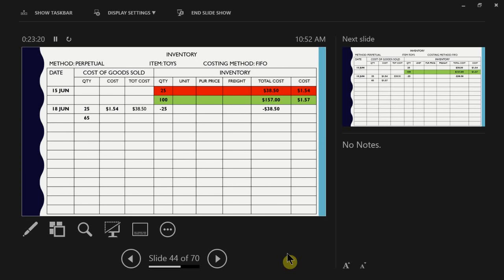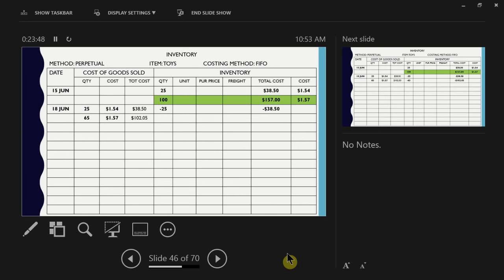And now all I'm left with is my green batch, which cost me $8.57. So I'm going to take that number and transfer it over here under my cost of goods sold, because I only had that batch left. That's the only one I have left. And I'm going to calculate what 65 items sold costing $1.57 is going to give me, a grand total of